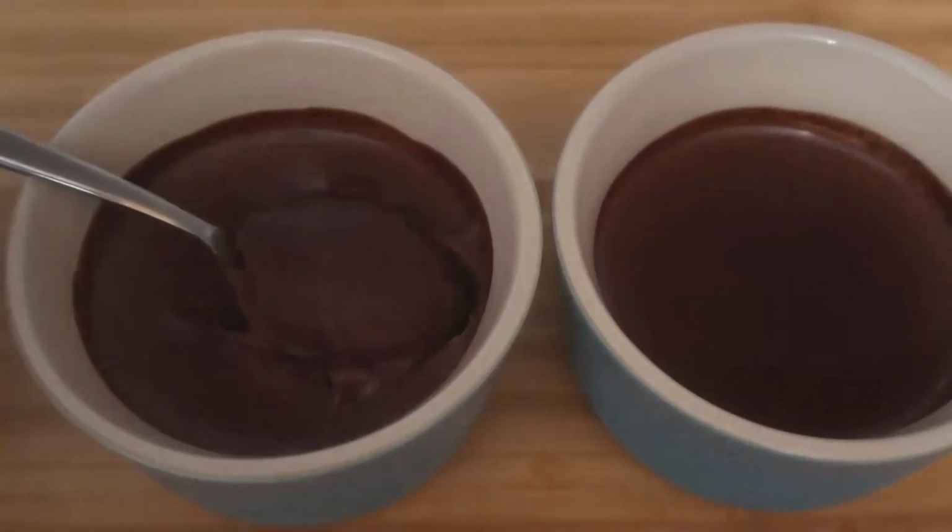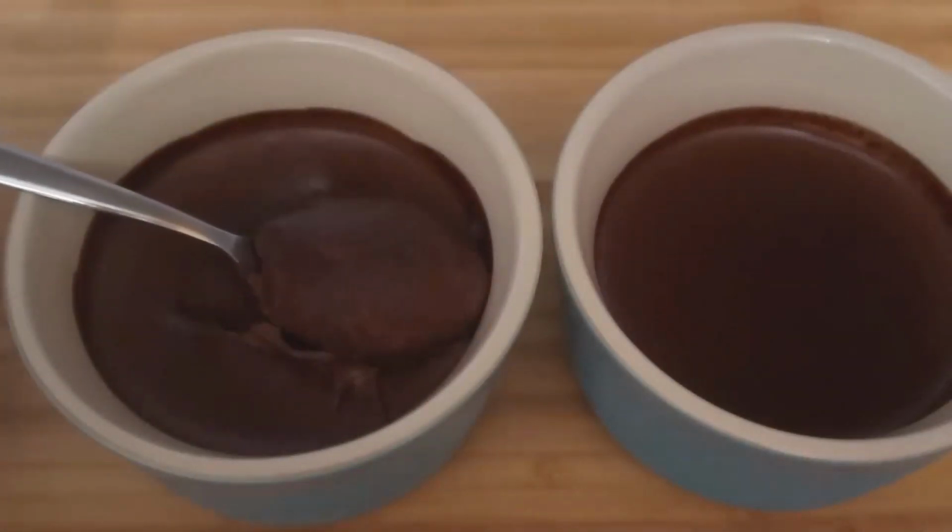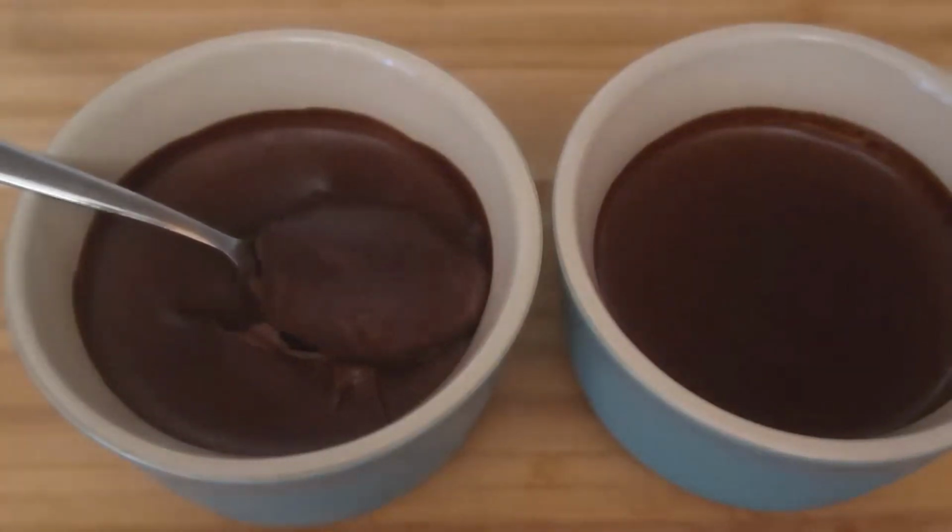Today, I'm going to show you how to make this indulgent chocolate mousse without eggs. It's a creamy, dreamy dessert infused with orange flavors, and it makes such a lovely treat and has only